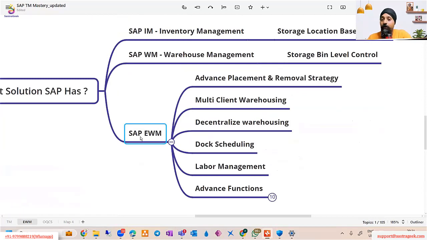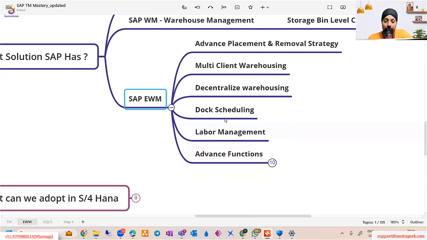Now, EWM, which is available in S4HANA, is available as SAP S4HANA embedded. On top of S4HANA, EWM is available. So it would have some advanced functions and features. Mr. Naidu would be talking about more of those advanced functions and features, like it would have a dock